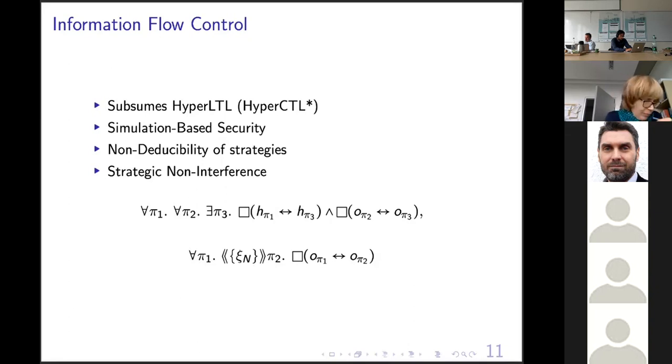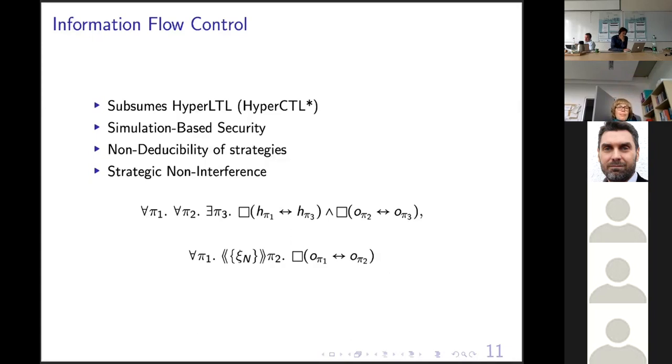And because this is a strategy for the non-determinism player, he needs to resolve the non-determinism without knowing the future input selected by the high security input player. In particular, the example we saw before with the scheduler does not satisfy this property. And what we show in the paper is that, in fact, this is a stronger property. So if we have the strategic notion of non-interference, then there also exists a leakage disproving path. So we can express many interesting information flow control properties.